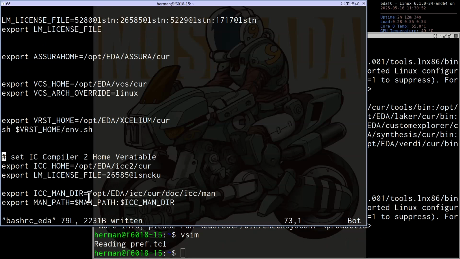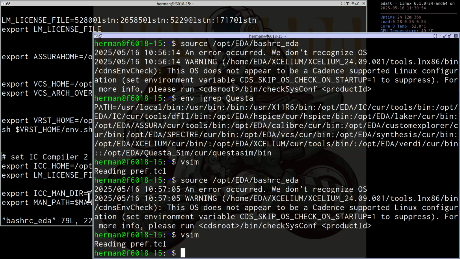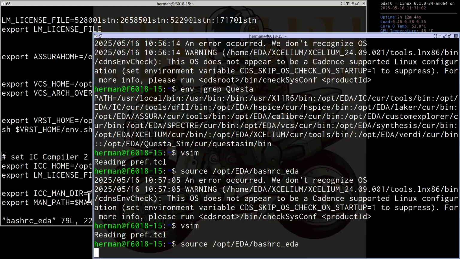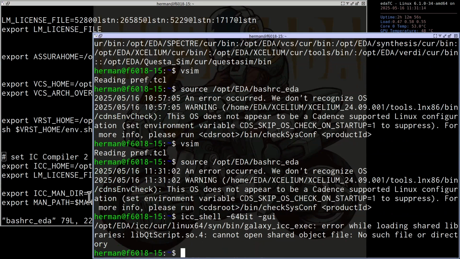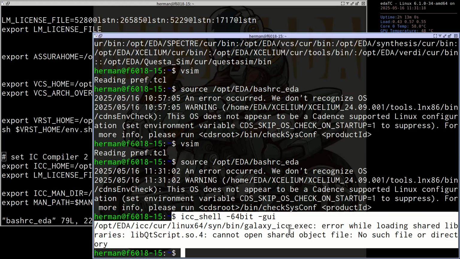Okay, so let me demonstrate this for you. Now I type source /opt/eda/rc file, and I type icc_shell -64bit -gui. Oh, okay. New error. Okay, you have encountered a new error here, right?